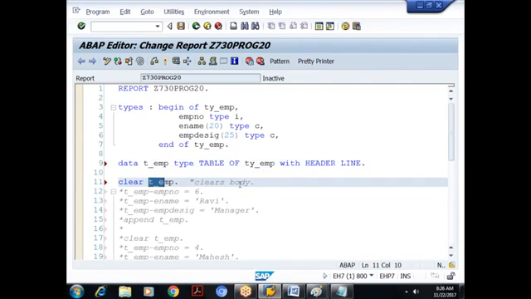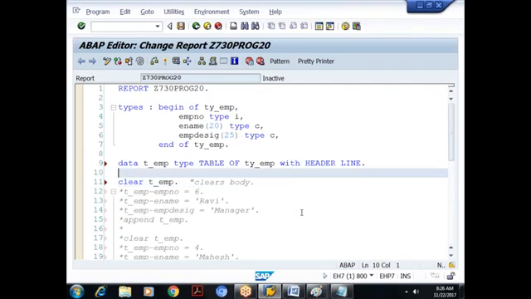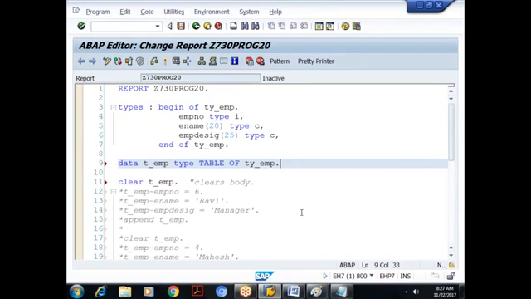Okay, suppose in the earlier case I said with header line, right? So if I say like this, it will clear the header. If you want to clear the body in this case, what will you do? Already we discussed. You have to use this particular symbol. This symbol indicates the body. It indicates the internal table. So what I am trying to show here is, I created an internal table without header. So when I apply the clear statement here, since the internal table doesn't have its own header, it will clear the body. Do you have anything to clear in the body? No, as of now nothing is there in the body, just leave it. So this is not required.